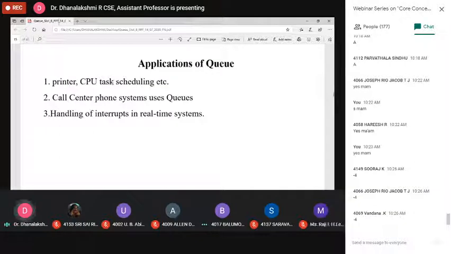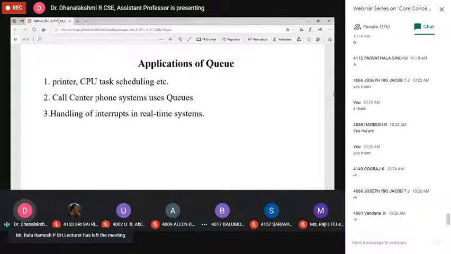What is the concept behind this? A printer or CPU task maintains the single shared resource concept. That means if you give the first print and then the second print, only when the first task is completed will it move to the second task. Until then, the second document will wait in the queue.